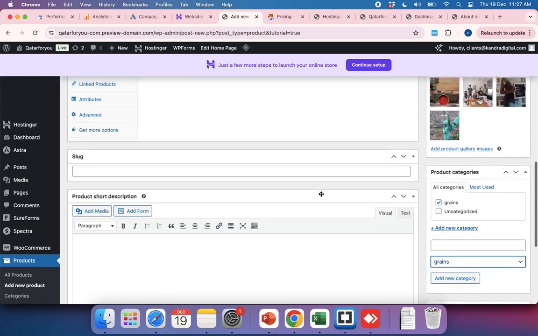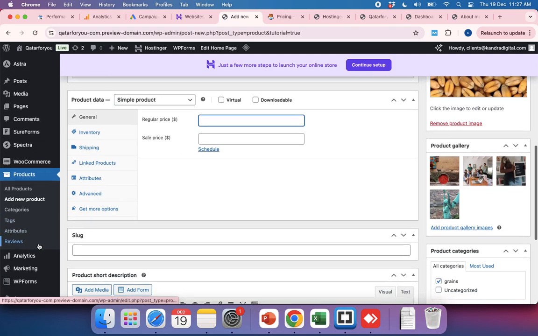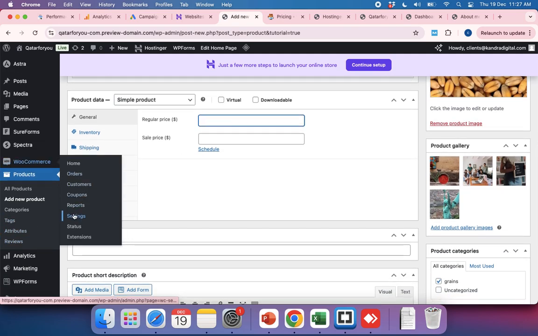Okay. Now what else? So your product is a simple product. What is a simple product? Simple product is when you are willing to put only a 1 kg bag or a 50 kg bag. There's no variation at all. So in those cases you will go with simple product. So for the price of a simple product, all the settings are in dollars. You can change all of this under the WooCommerce settings to INR or PAK or SGD or AUD or CAD, to any